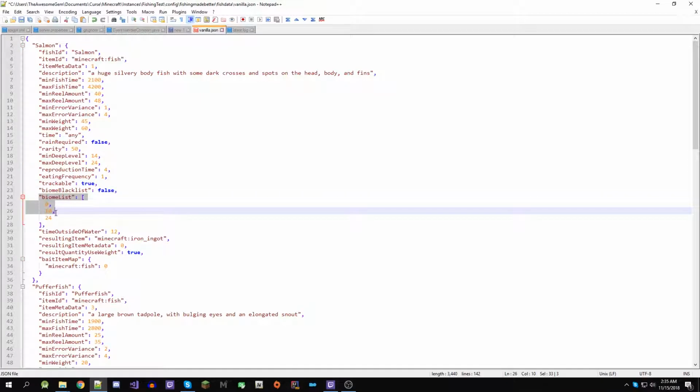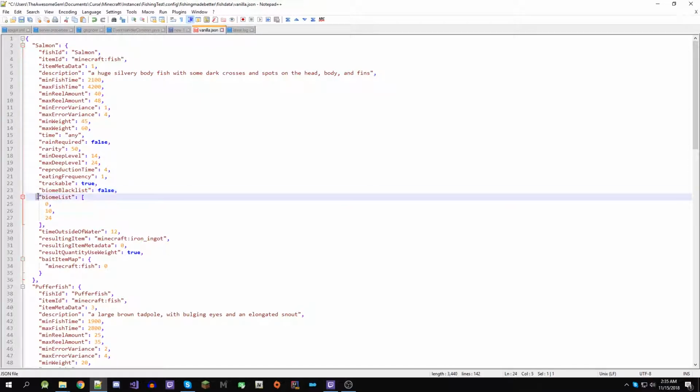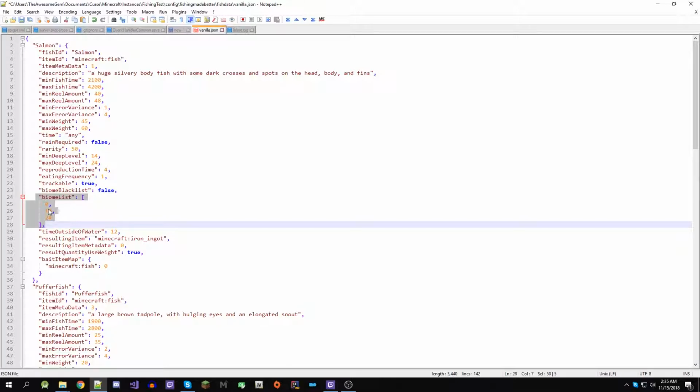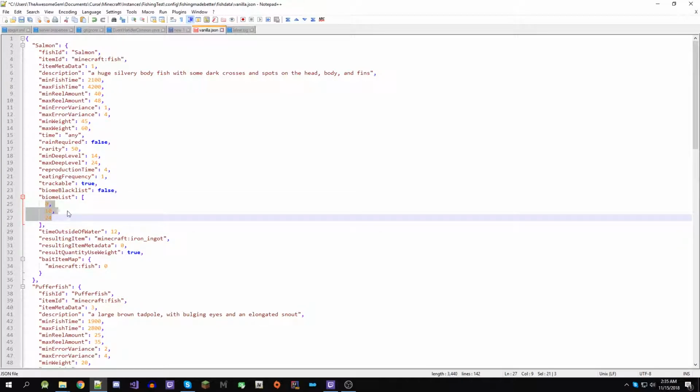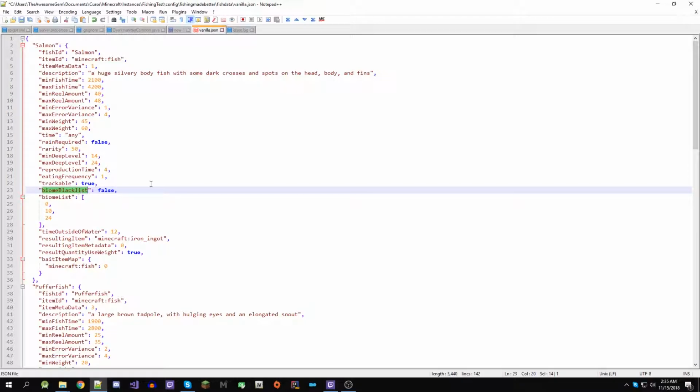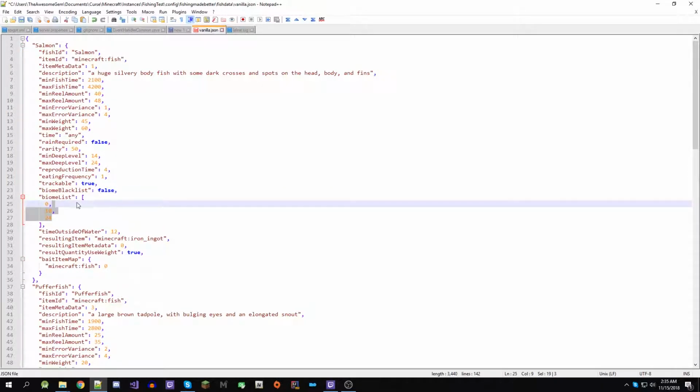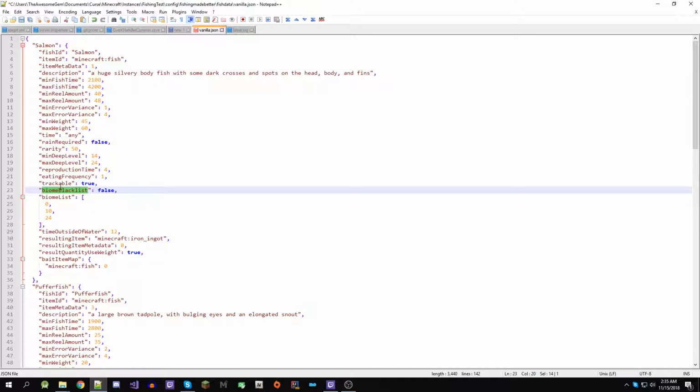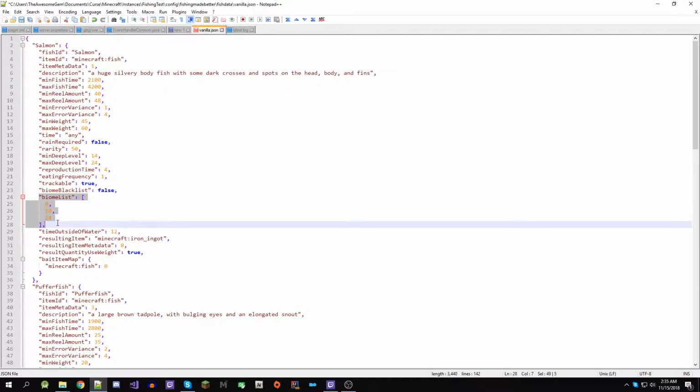Now we have the biome list with the biome blacklist. So you can put a list of biomes that this fish will be available in. These are just different oceans, and you use it either as a whitelist or blacklist. In this case, I'm using it as a whitelist by setting this blacklist to false. If you set the blacklist to true, this will be used as a blacklist, so that the fish won't be